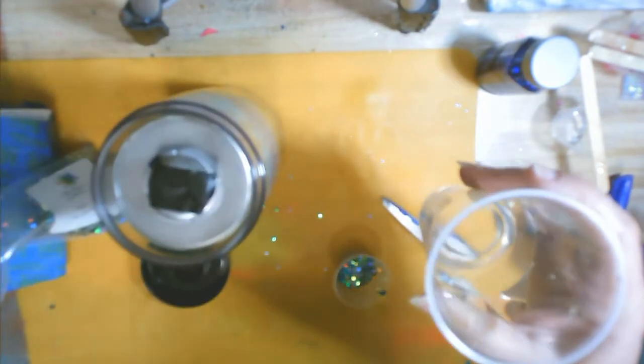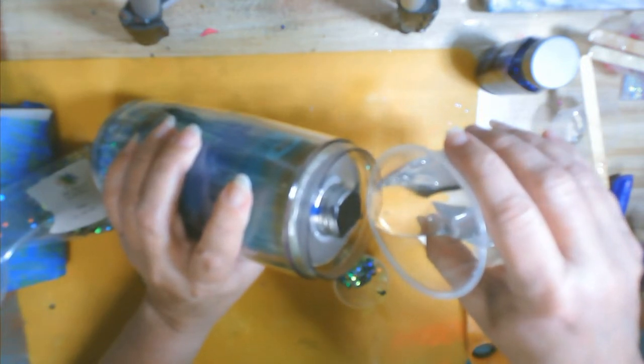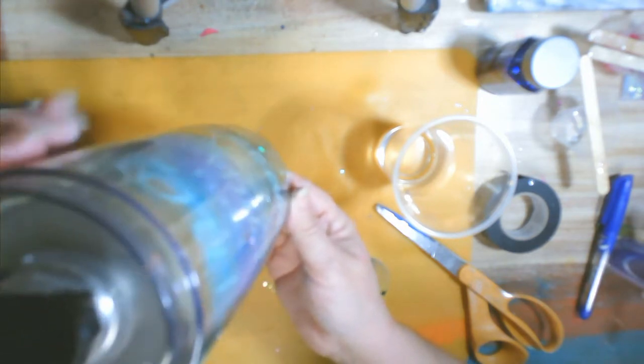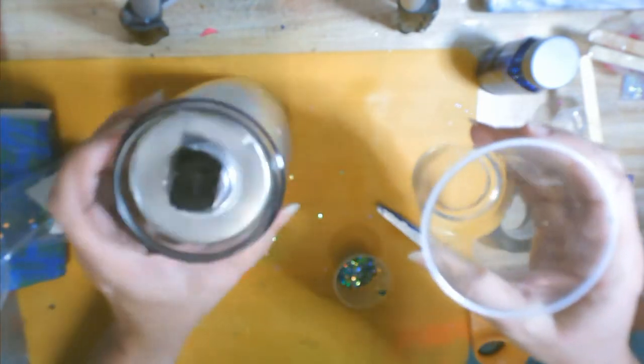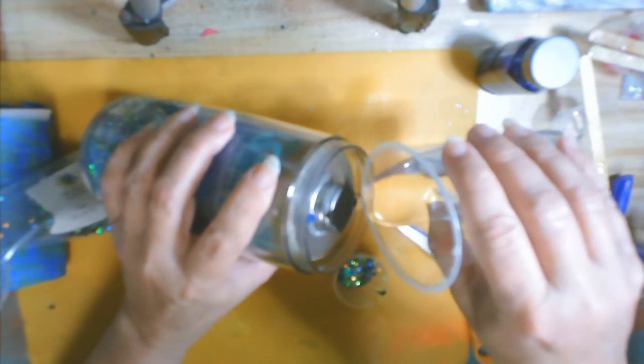Alright, so now we're going to add the glycerin and water mixture, and I'm very carefully tilting my tumbler and my cup so that it goes in at an angle and does not get onto the rim of the plastic. Checking to make sure that I don't have any leaks. Everything is looking good. No leaks whatsoever. Perfect. Alright, we're going to finish adding the water and glycerin mixture. Just slowly add it